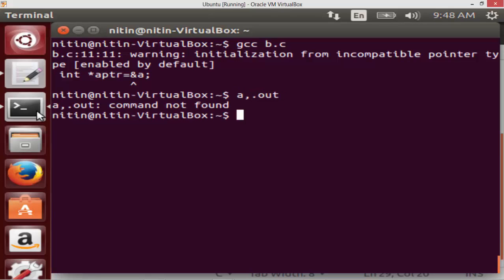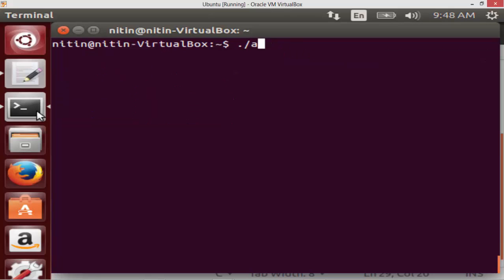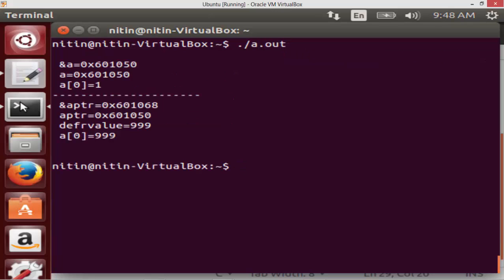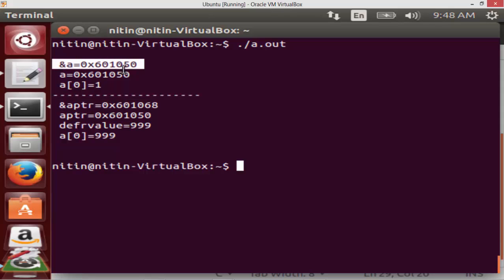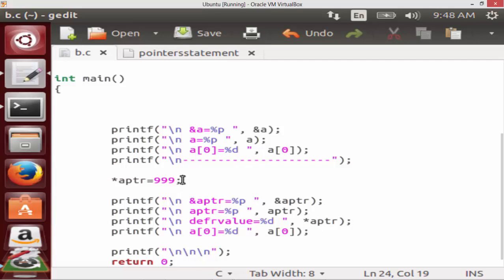Now if you see, my address of aptr is fine. My value of aptr is the address of a, which is nothing but the address of a[0]. That's why I am able to change the value of a[0] indirectly using aptr, because now I have changed this to this.